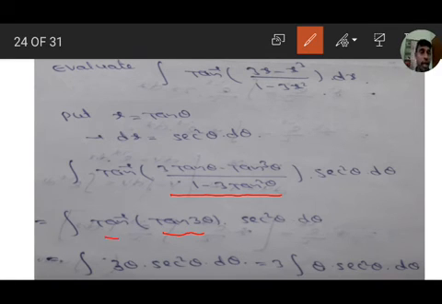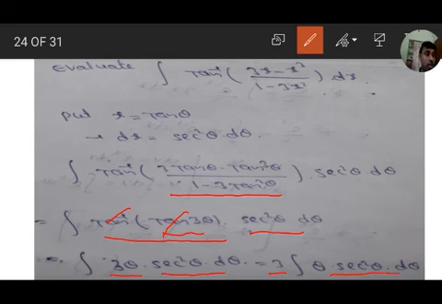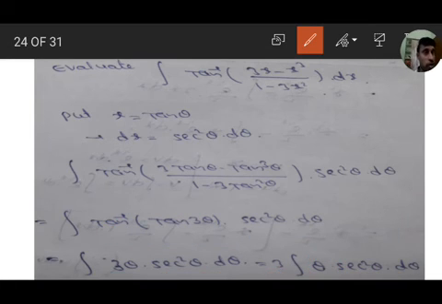That is integration tan inverse of tan 3 theta into sec square theta d theta. Tan inverse of tan 3 theta, the inverse and function cancel out. We get 3 theta into sec square theta d theta. 3 is the coefficient outside, so integration of theta into sec square theta d theta. It is the product of two functions. Instead of x we got theta, so theta into sec square theta. Theta is an algebraic function, sec square theta is a trigonometric function, so we have to use the u into v method.